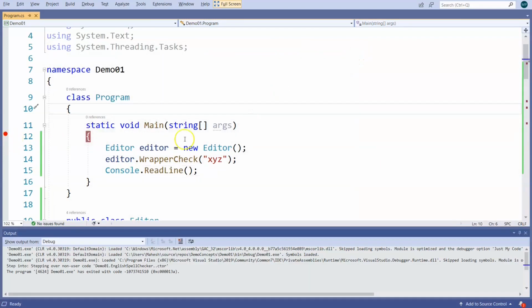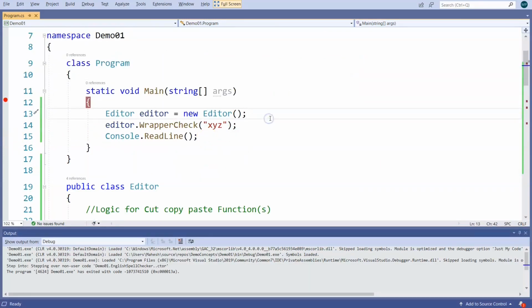Now, what if I try to inject something by passing a parameter to the parameterized constructor? Let's add in here maybe French spell checker. So what will happen now if at all we do something like this? Technically you have specifically said here that I am looking for editor's parameterized function or parameterized constructor to be called. Have a look now. If you call this,